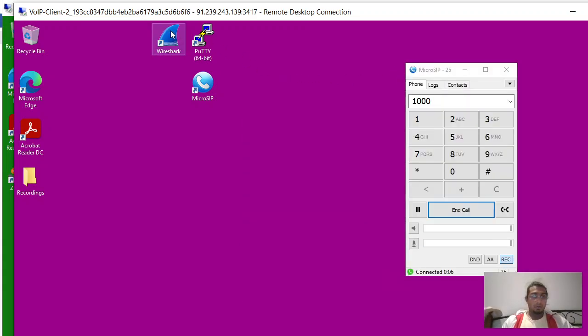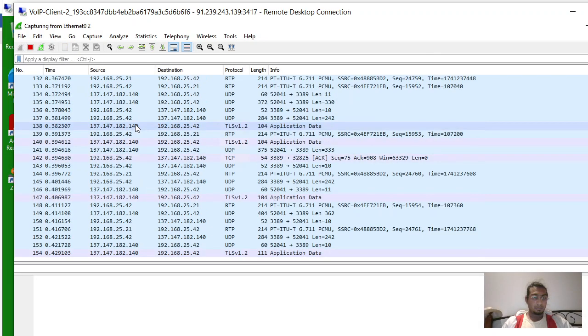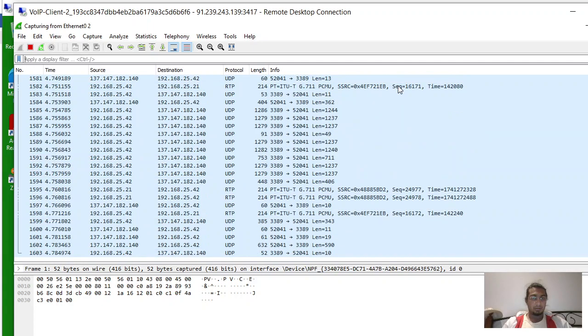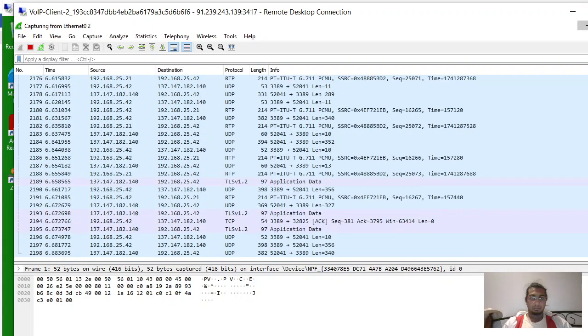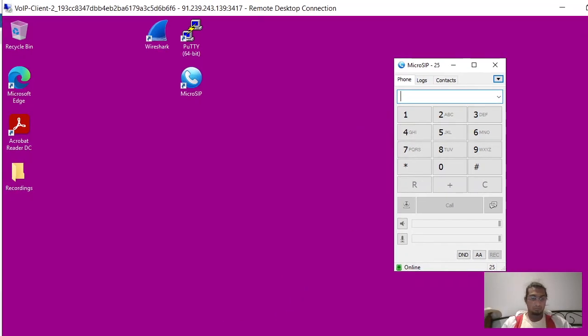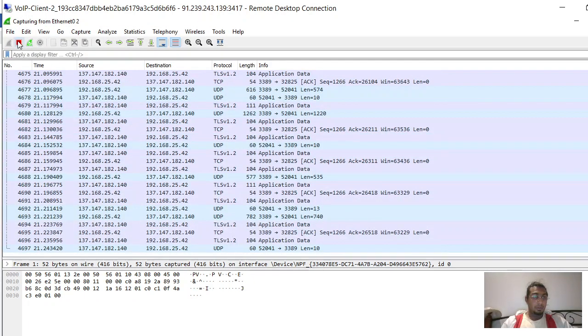Testing call. So now I'm going to use Wireshark, capturing the voice packets of the voice signal going on. So I'm going to stop the call here. Here I'm going to stop the packet capture